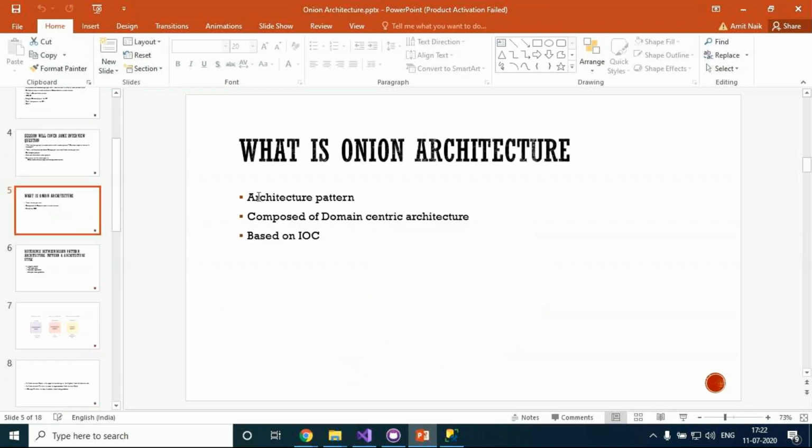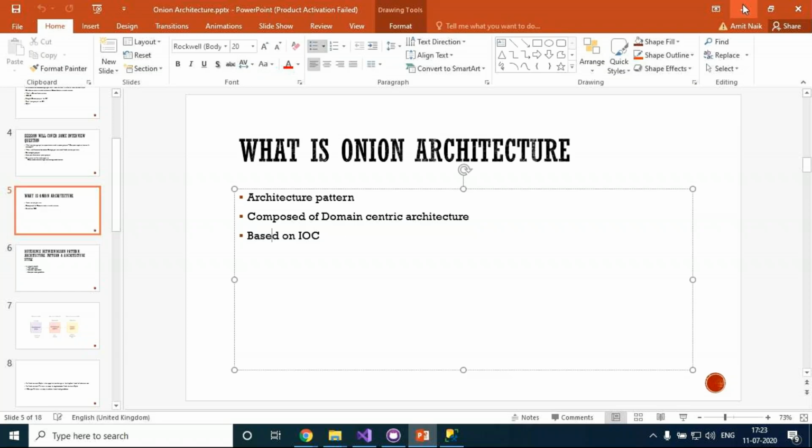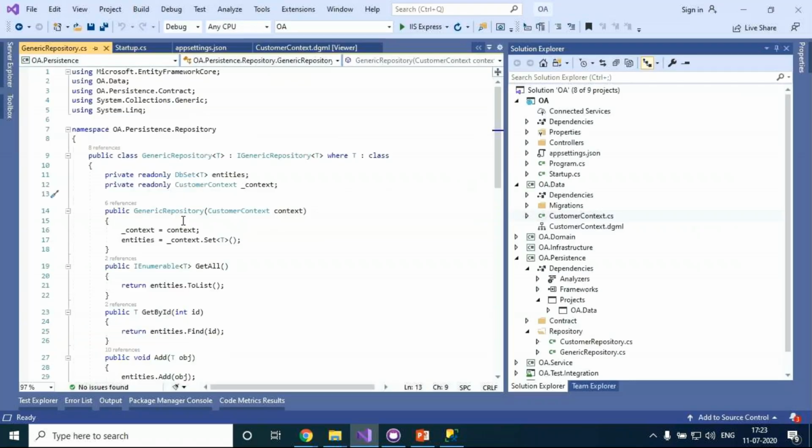One is the architecture pattern, a composite domain-centric architecture where the domain is kept in the center. Domain is nothing but entities, class files, whatever it may be, and it is based on IoC, inversion of control. So to implement the domain, I'm injecting that customer context into my generic repository pattern, and from the service I'm going to call the generic repository.